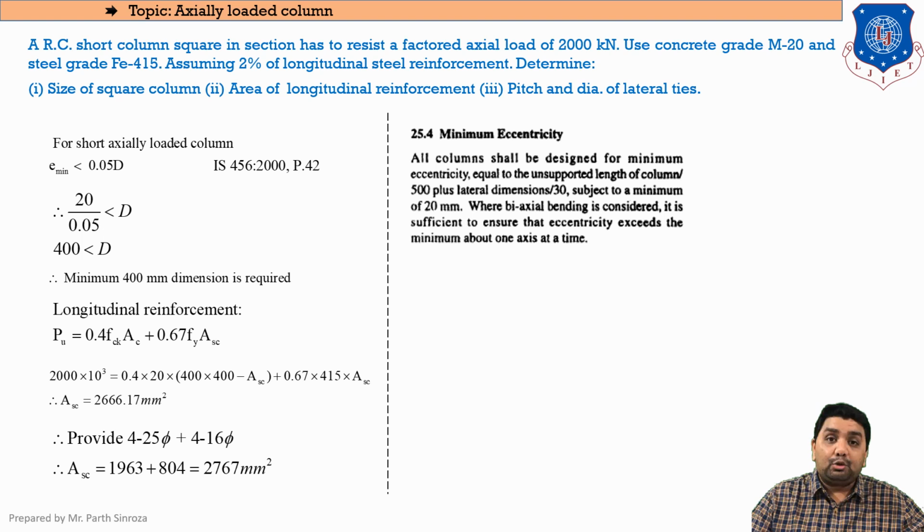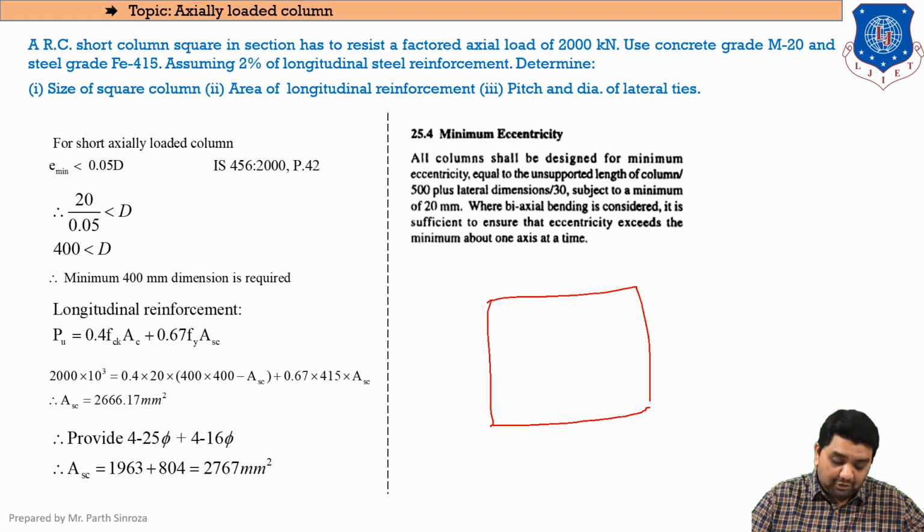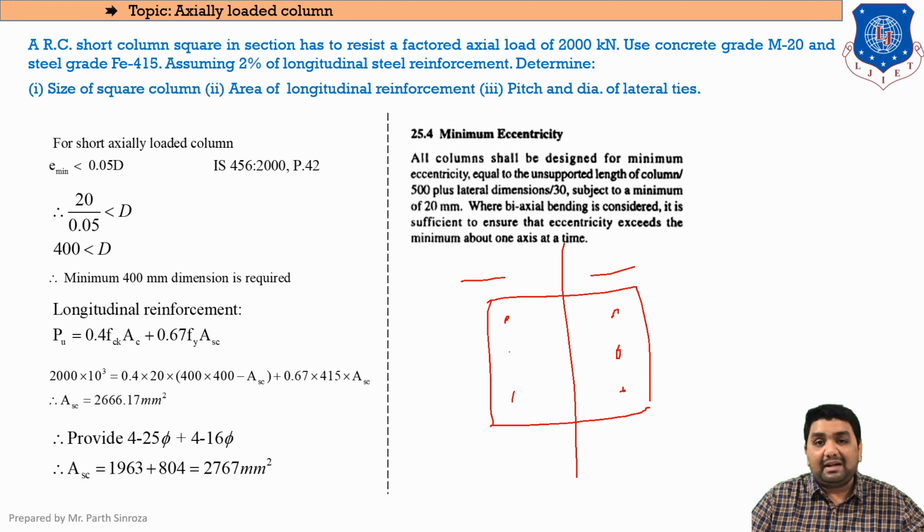Clear? Do not provide an odd number of bars, that is, let us say 3 bars or 5 bars, because as we are dealing with a column, let us take an example. Suppose this is a column; it always needs to be a symmetric section, so the number of bars provided on the left hand face should be equal to the number of bars provided on the right hand face. Clear? So you can't provide an odd number of bars, because there will be no symmetry between the left hand face and the right hand face.